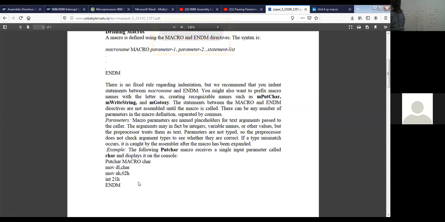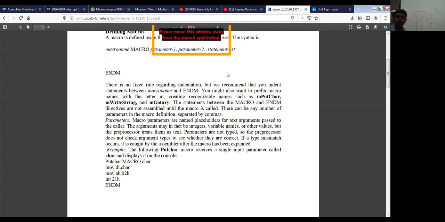So whenever you want to display a character, let us say I want to display my name. My name is made up of different characters like V, I, S, W. Then I can simply call putchar V, putchar I, putchar S. That can be my code. So instead of this, in my main code, it can be putchar V, putchar I and putchar S, and so on. At the end of the program, if you execute this program, my name will be displayed. Okay. So this is a macro.